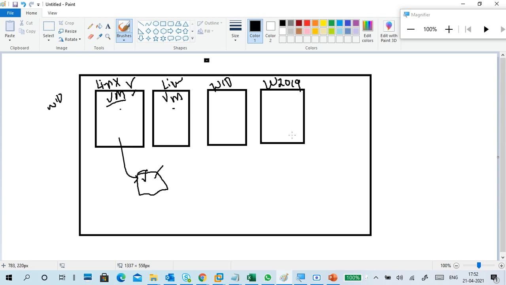So this is server 2019. And in the morning practical I showed one more. Which server is that? 2003 server. In case, think, I want to show you all these machines without virtualization, or I want to work with all these machines without virtualization. So what will happen? I have to buy one system for my laptop and one, two, three, four, five. At least 4 to 5 PCs I have to purchase.